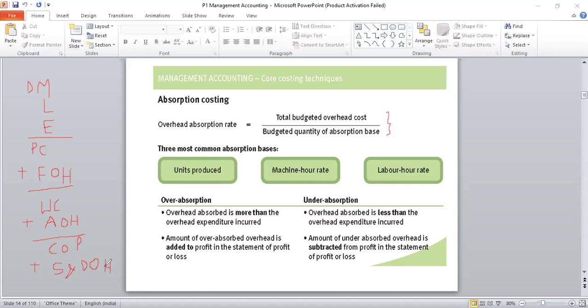Then what has to be done? This item has to be divided and distributed, so some basis will be taken. For example, factory rent will go according to the space occupied. Like factory rent, there are many items incurred under the factory overheads category. We have rent, depreciation on tools and equipment used in the factory, power supply, water, gas, coal, fuel, supervision charges, indirect material, indirect labor. The list is